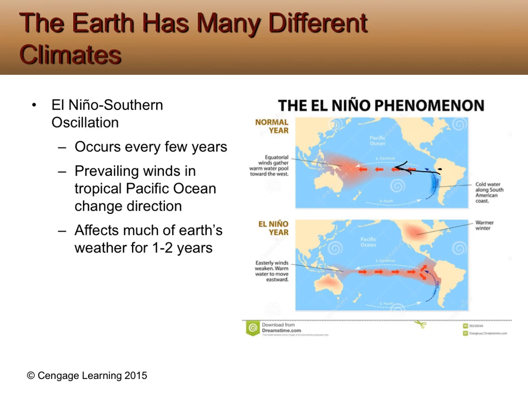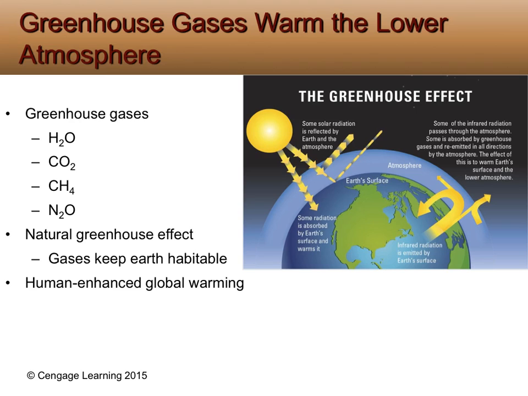Then what happens, for whatever reason, is those air currents actually reverse, and it can actually suppress something called upwelling. Again, we'll get into detail more in class, and it can affect much of the Earth's weather for up to 1 to 2 years. In the region we live, our winters tend to be much warmer, and we get a lot more snow here, so it's kind of beneficial to us. Again, we'll expand on that.